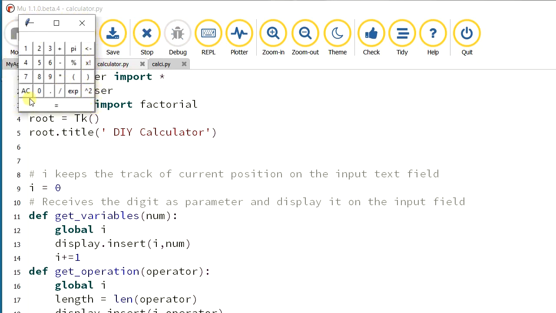I have already done this one, so I will just run it to show what our output is. Our output looks like this. It is a calculator with buttons, and when the user clicks a button, it is displayed on the display line. If the user wants to do any operation, it will display the output in the same line. It has a clear button and a backspace button, just like a usual calculator, and some extra functions: finding pi, factorial, exponential and power 2. Let's see one by one how to bring this output. This is the project that we are going to do.